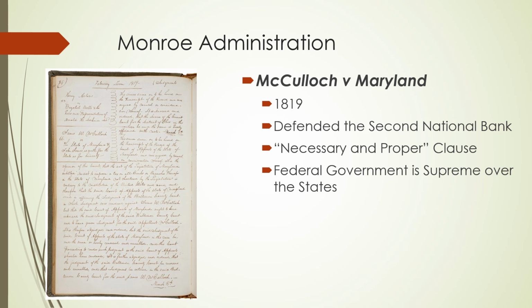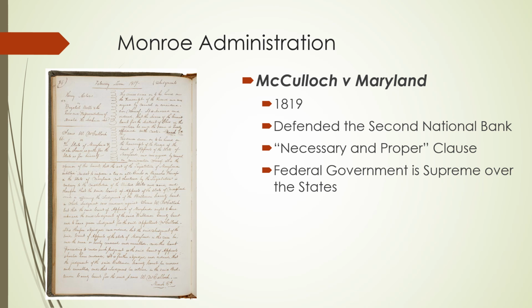All right, so just a little bit of background about McCulloch v. Maryland. Again, this is not the important part, but basically this arose from a conflict between the states and the federal government over the national bank. Maryland thought that they could impede the function of the Second National Bank by implementing a tax on any banknotes not issued by the state of Maryland. So money issued by the Second National Bank would be taxed in Maryland.